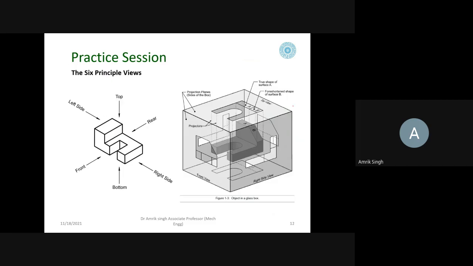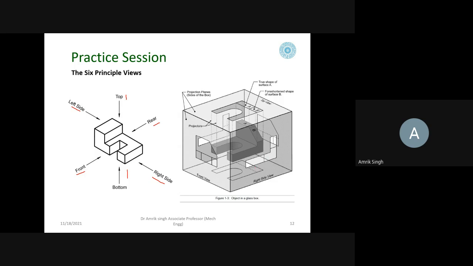Okay. Now we have the six views of an object. This is a different object I have taken. So if we are seeing from the front side, this becomes the front view. This is the left side, so from this side the left view will come. From this side, the right view will come. From this side, the top view will come. This will be the rear, and this will be the bottom.